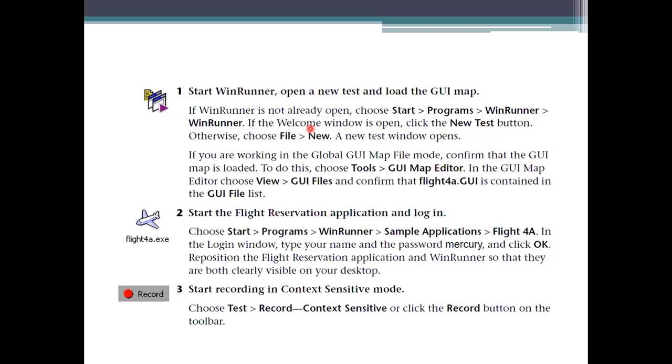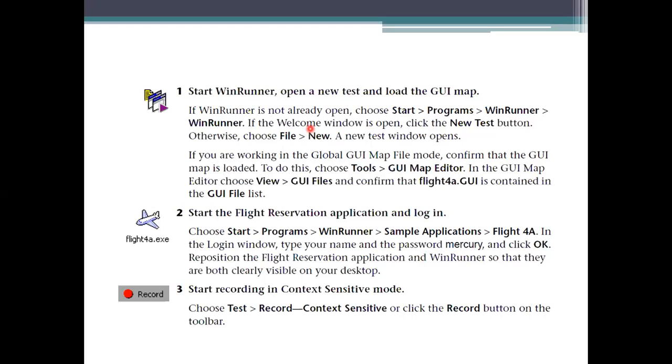If flight reservation has not been opened, what you have to do is go to Programs, WinRunner, and then GUI sample applications, and then go for the flight 4A, and we need to access the files also. So here we are having a signature now.